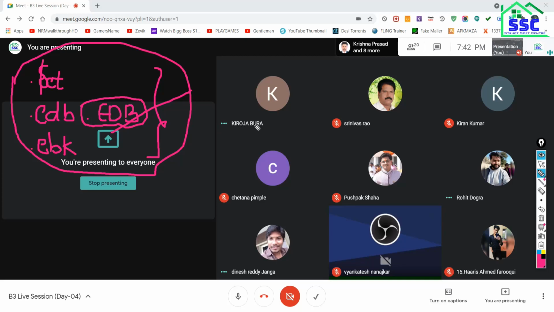But suppose person A is using the 2015 version of the ETAP software, and person B is using 2019. In that situation, suppose person B has to send the model to person A. If I directly send the model file here, it will not be possible for person A to directly open that model.